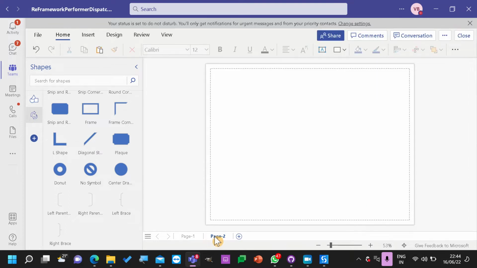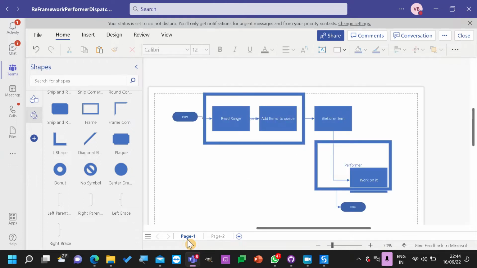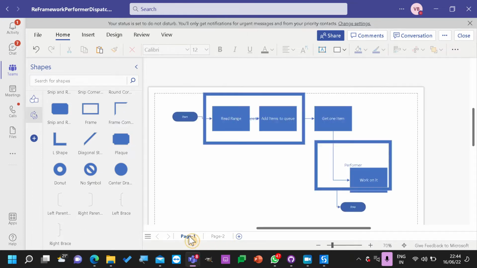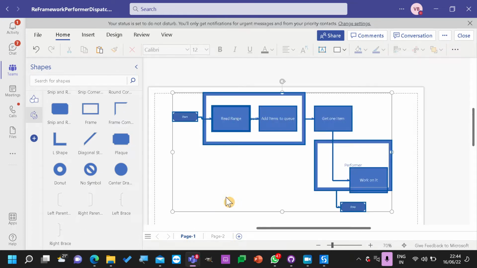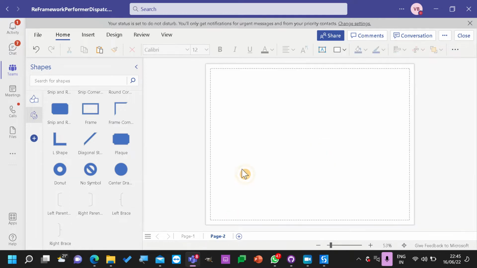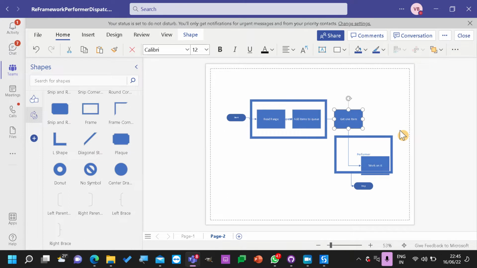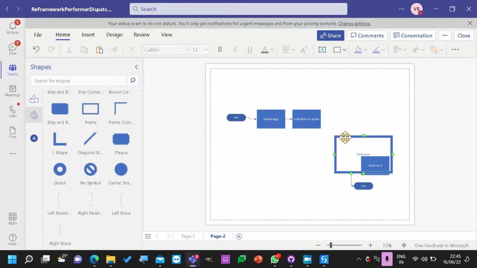Now how can we divide this process into multiple processes? I'll take the complete process again. You just need to understand how to divide the code, nothing else. So instead of getting one item, after adding the items to queue, can I just close it without working on anything?